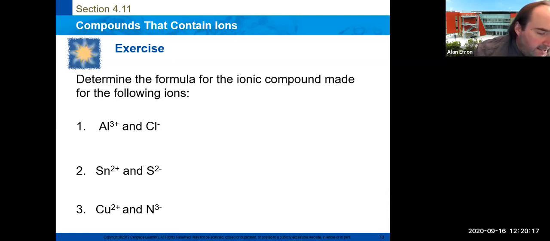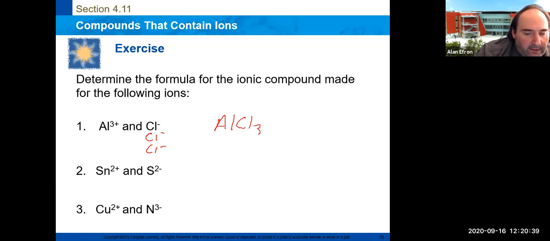Okay, so let's take a look here. So again, the idea is we want to put these guys together to equal 0. So we have aluminum with +3. We have chloride with -1. So when we put it together, we do need more of the chloride. So you can just even draw it out if you want. We need 3 total of them. So when we put them together, we should get